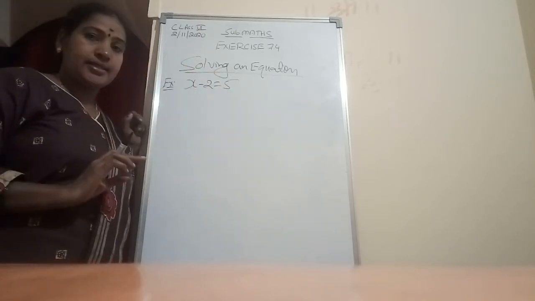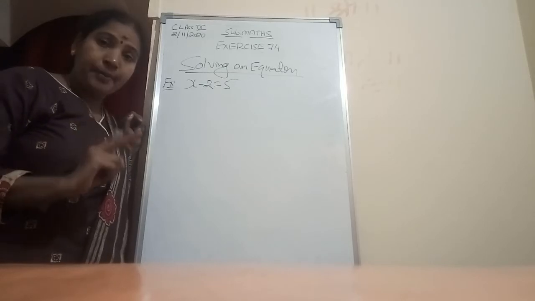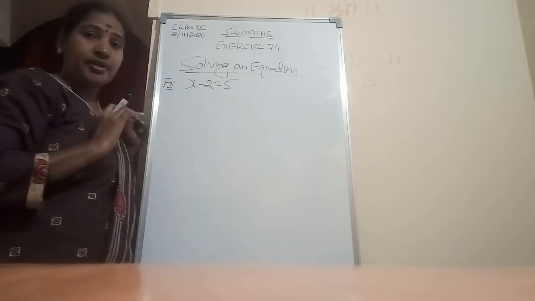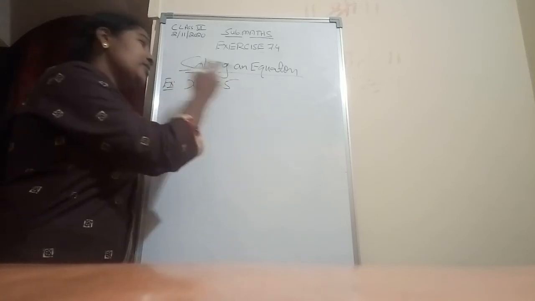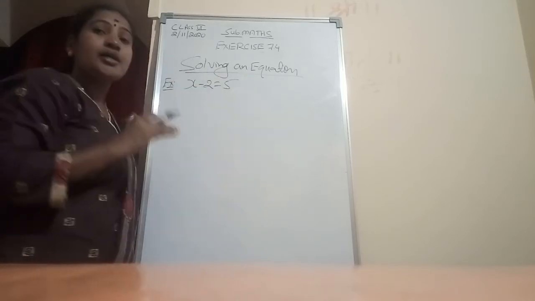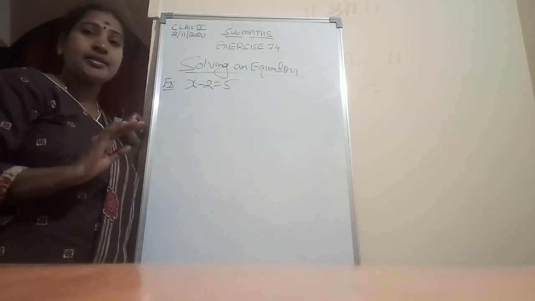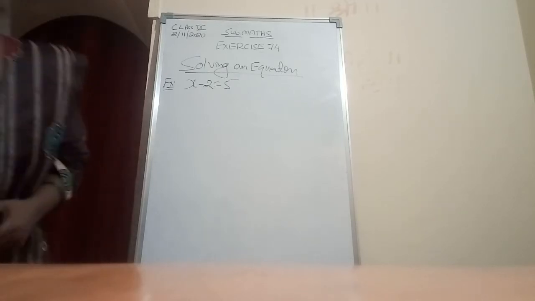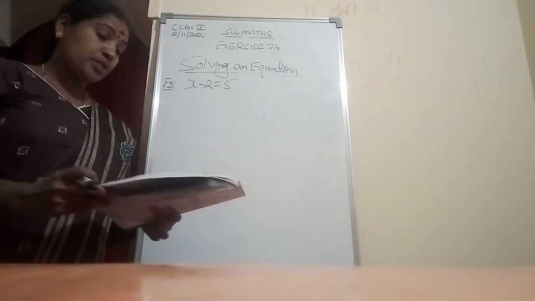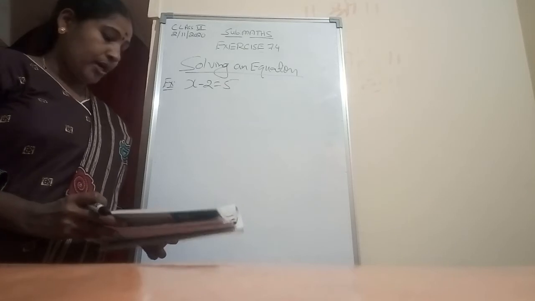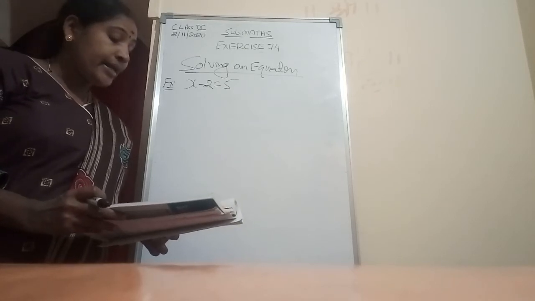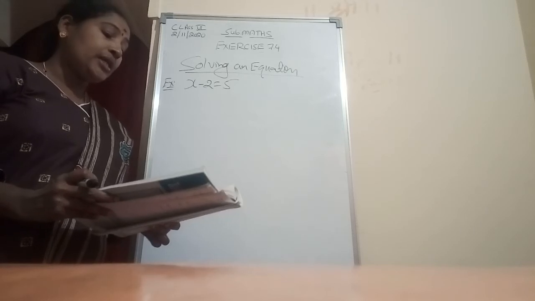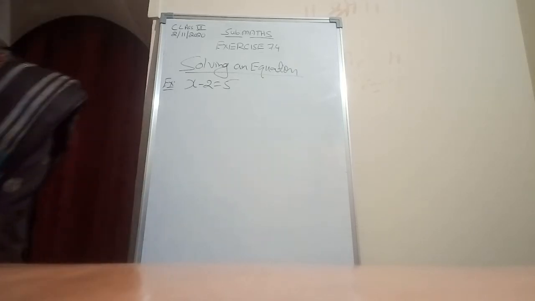The first rule is, if I am adding any number to both the sides, that is the left hand side and right hand side, we will get the same answer. There is no change in that value. That is rule number 1. Let me read rule number 1. If you have a textbook, please go through it. Rule number 1: on adding the same quantity or number on both the sides, the equality holds true.